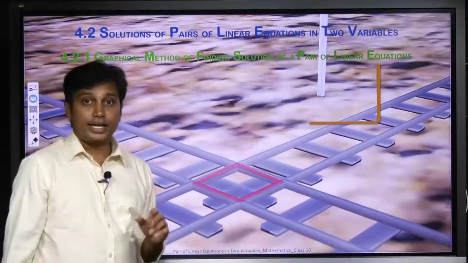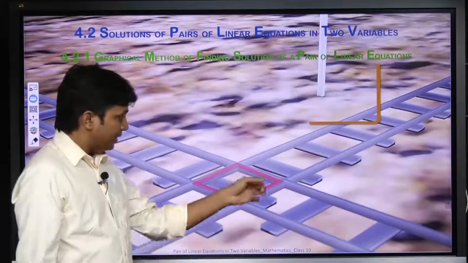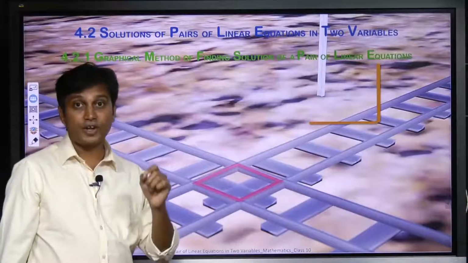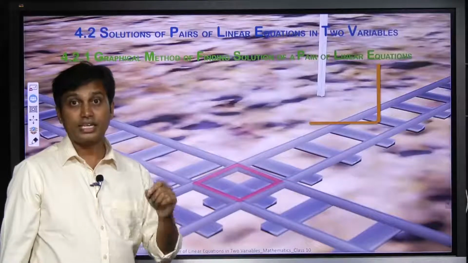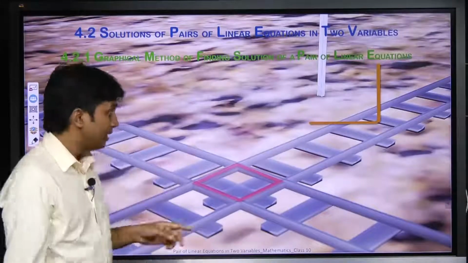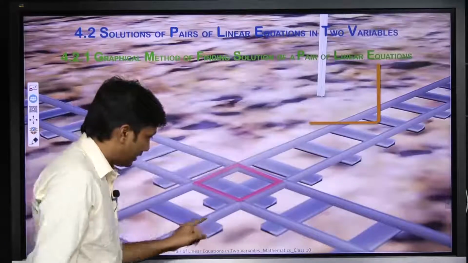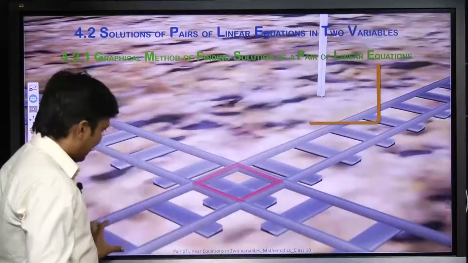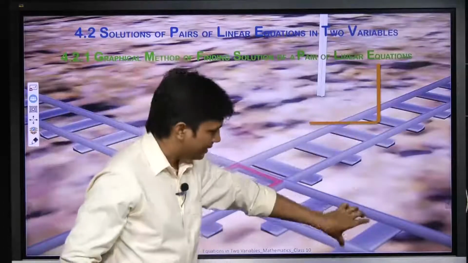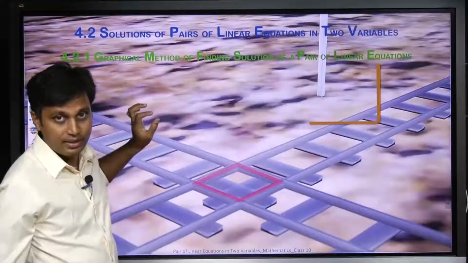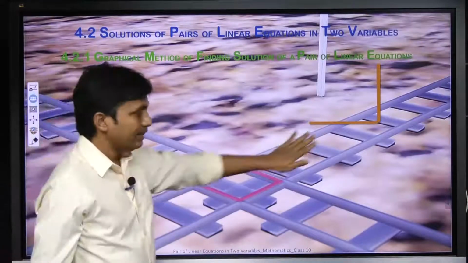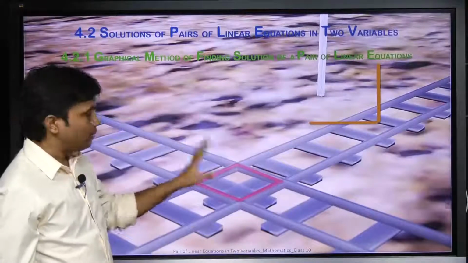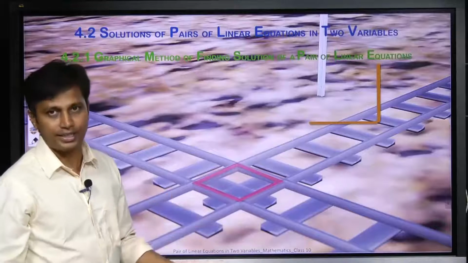The geometric term would be the point of intersection of two different lines, and there is a chance of misunderstanding here. You don't consider this as one line and this as another line. Two tracks are not considered here as two different lines. The entire track is considered as one line, and this entire track is considered as one line. Then what can you say? This is one line, and this is another line, which are intersecting at one point. Understood or not?